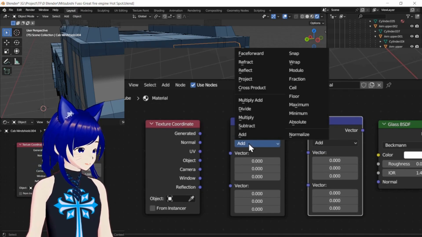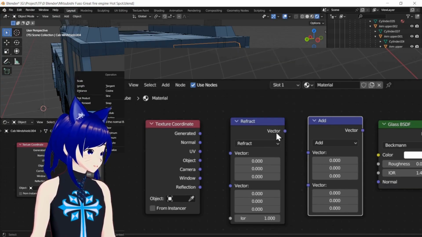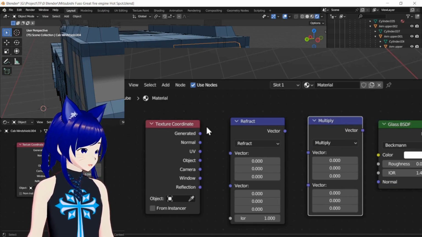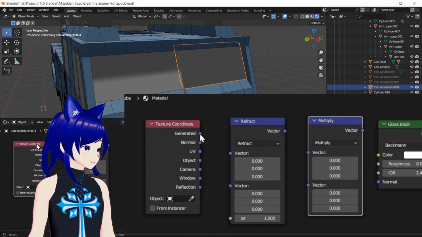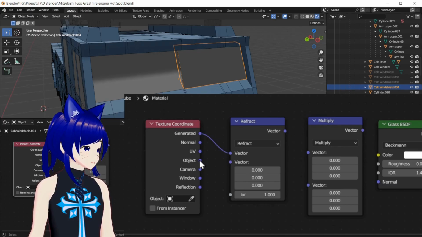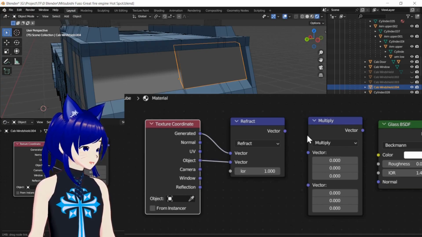For the first vector map, we want to come right here on this menu and click on refract. There we go. The second one, we want to click on multiply. So we go back to our texture coordinates, and the first thing we're going to grab is the generator and move it to the first vector that we set to refract. And the same thing with the object under texture coordinates, we want to carry over to the refract